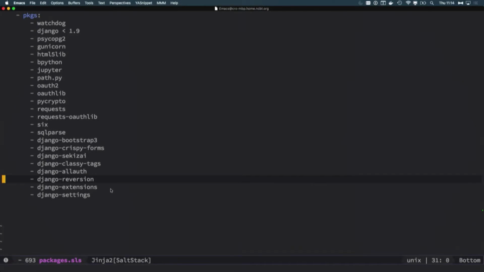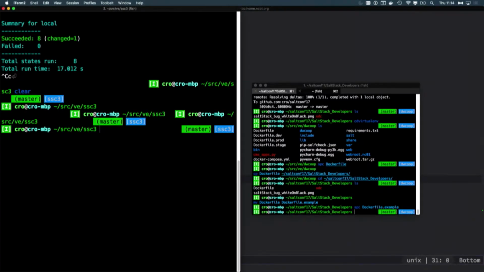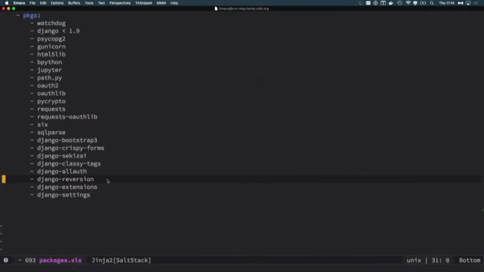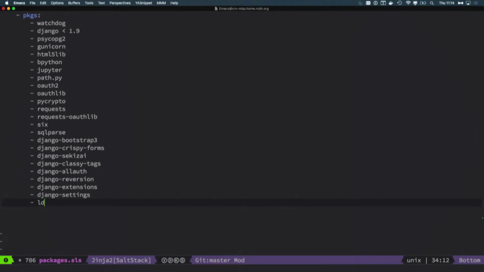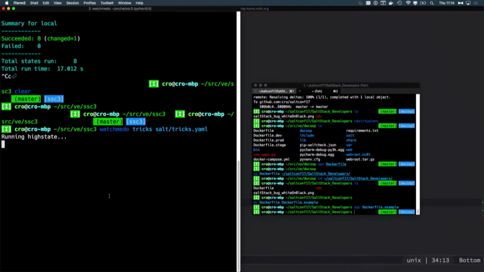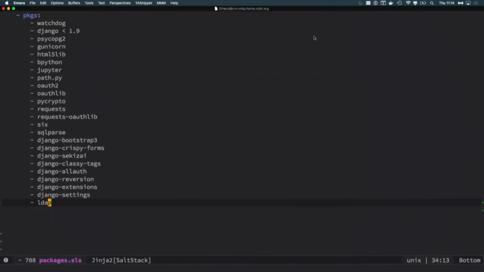So inside, we run watchdog, or watchmedo actually is the name of it, and it sits there and watches all the files. And so let's add LDAP. And when I save this, what's supposed to happen is, it says, yeah, running high state. So I don't really need to think about doing the pip install. It runs the high state. This takes a few seconds because pip is actually,